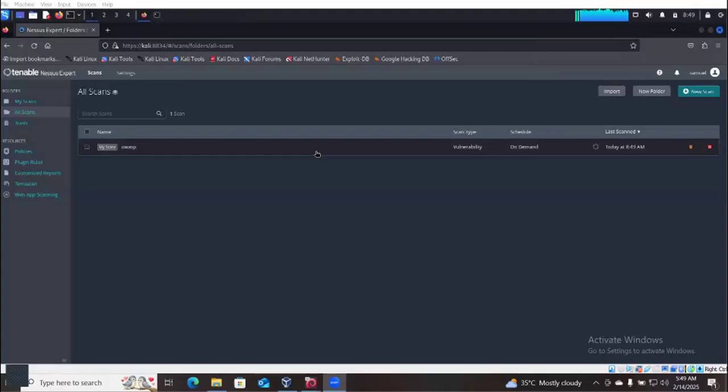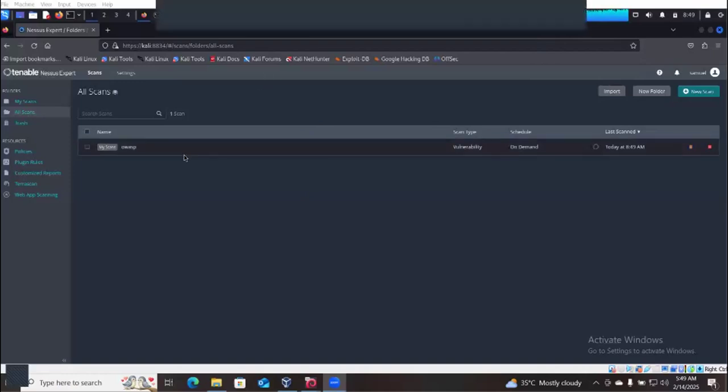So what we want to do right now is how we can analyze the results on the Nessus. Once the Nessus scanning is completed, this arrow here that is saying running is going to mark completed. But before we finish this and analyze, it's supposed to complete this particular scanning. So once you want to analyze the results, what you need to do is to double click on this icon